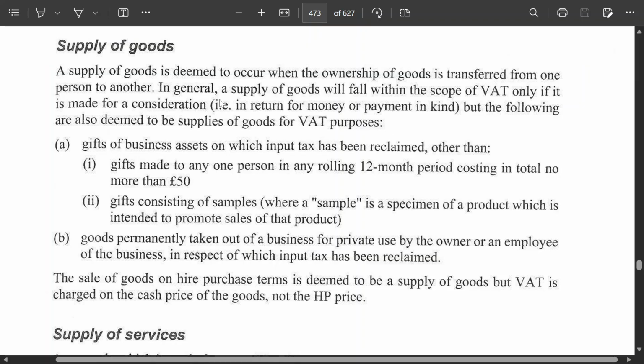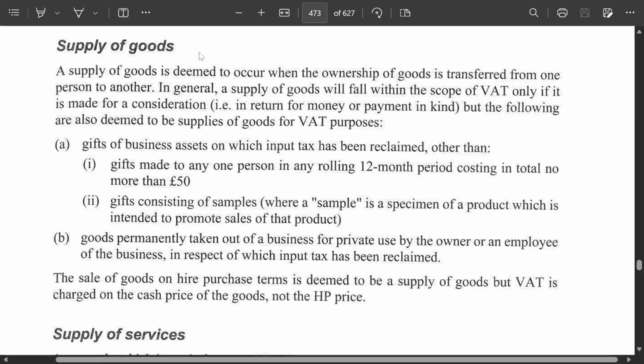Ownership of goods is transferred from one person to another. That's when the supply happens, because we need to know when the supply happens, because as soon as the supply happens, remember, you have a tax event. You have what is called a tax point, which is a more specific term, but we can call it a taxable event for VAT purposes. If a taxable person is making a taxable supply, and if that supply of goods is happening,